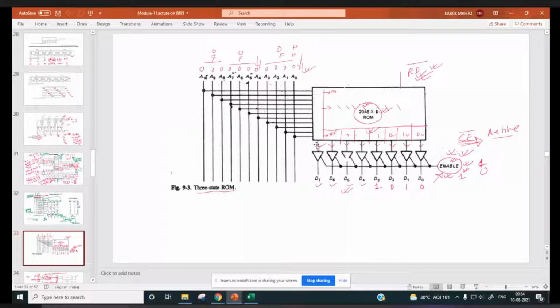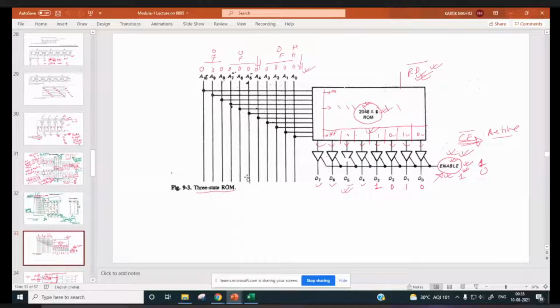So these are the address lines, right? These are the data pins, these are the address pins, these are the data pins, and with this enable control signal, data will be output. If enable is 0, then whatever address is sent, of course it will be decoded and it will point to that location, but since this enable is not there, data will not come out of that location. So you have to make this enable.